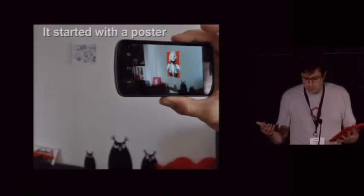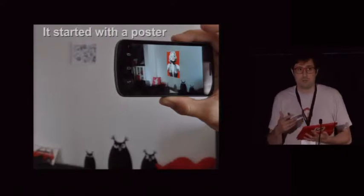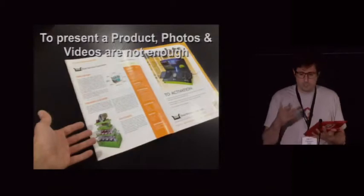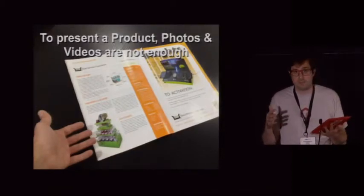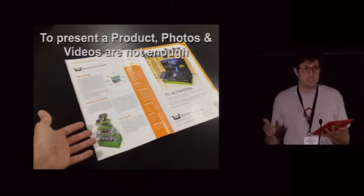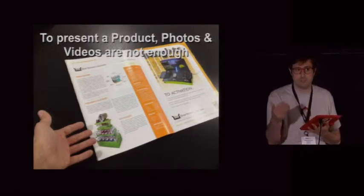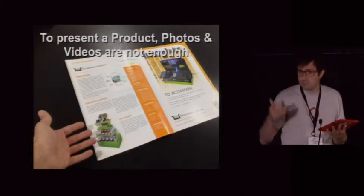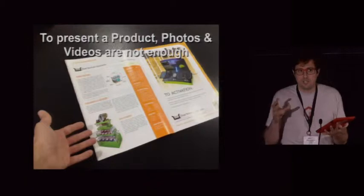And then we started to study a little bit the market and who were those people and what they wanted to do with that. And what we noticed is that in the world, there are a lot of markets, a lot of verticals where they have 3D models. Architects, designers, 3D printers, they all have 3D models, and when they want to show the 3D model they are doing, they always do a rendering or a video or at best a 3D print,